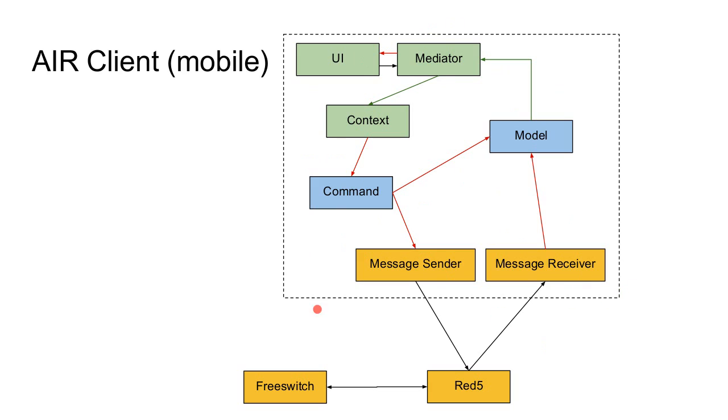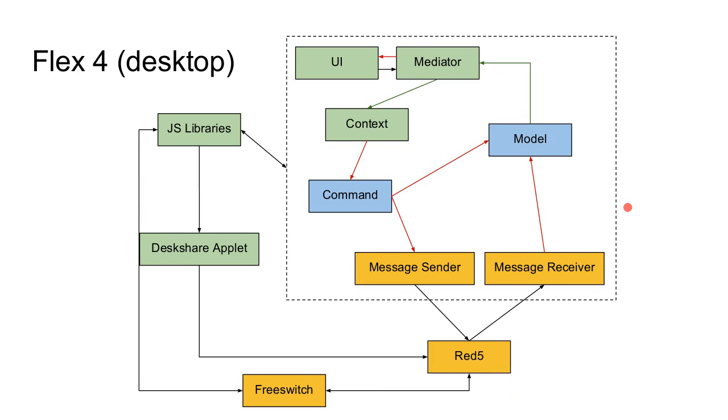And all this stuff within the dotted line is mostly in the common library project that I mentioned before. And the advantage to that is that if down the road we decide we want to create a Flex 4 desktop client, not just the AIR client, we can take this common core, which is all the same stuff, and wrap it in a couple of other things that are